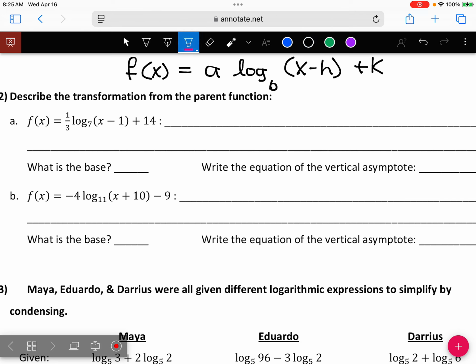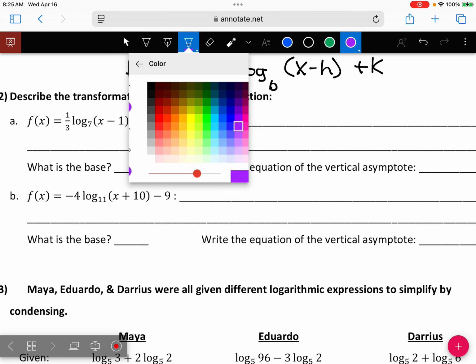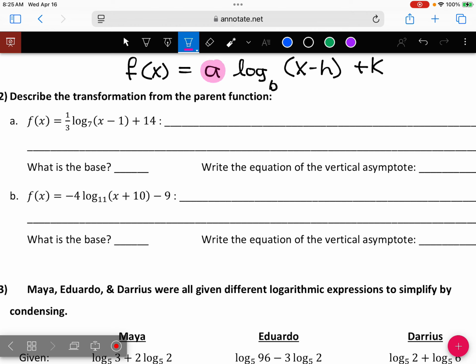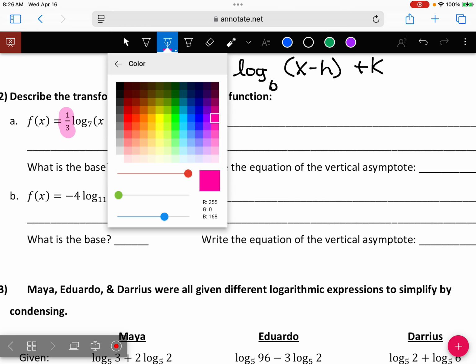So what we're going to do is start just playing match 'em up here. So looking at this first one here, what do we see? What can we match up? What is the a in this first one? What number is multiplied out in front on part A? 1/3. So with our a being 1/3,